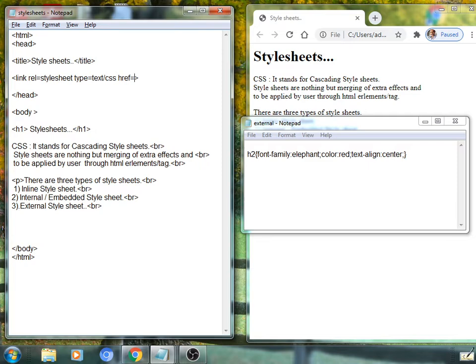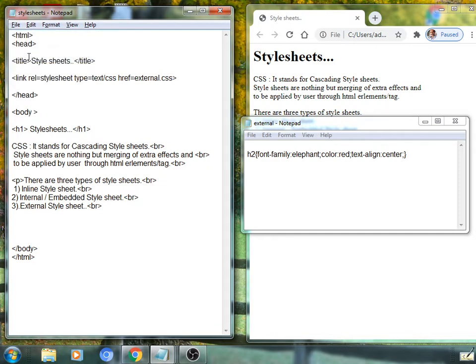Such a path will be a particular location for the CSS file, and as per its name and extension we should specify such a value. We have given the name external for this CSS file. We should note here external.css, external.css.